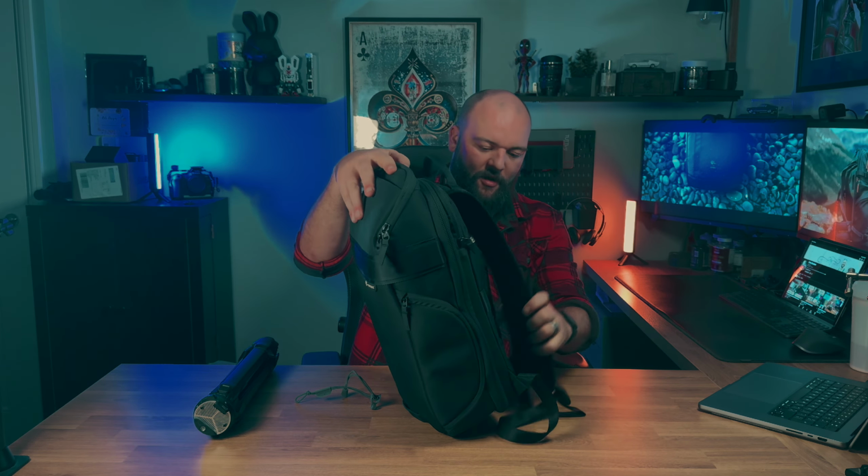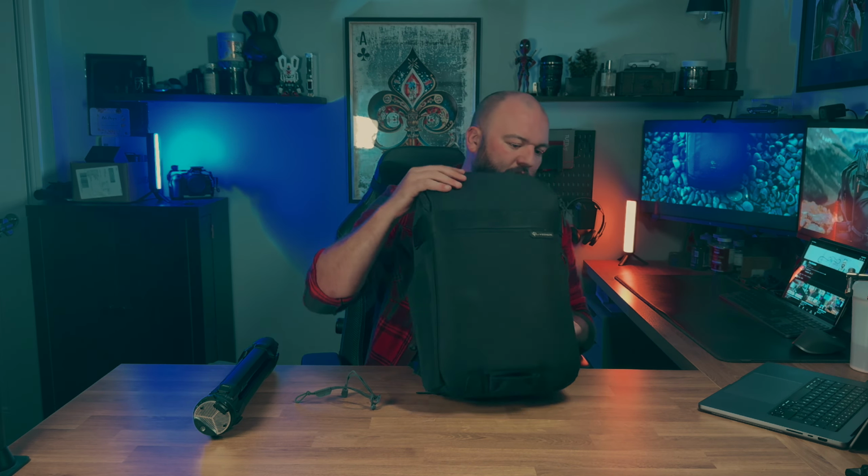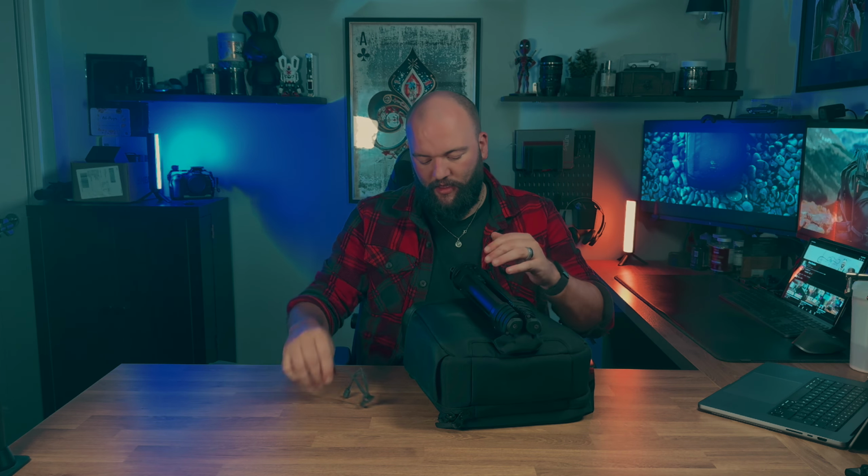So this bag also comes with this elastic strap. Now what you do, let's zip this up, make it a bit more firm. What you would do is you take your travel tripod, you stick the first leg in there, you then take